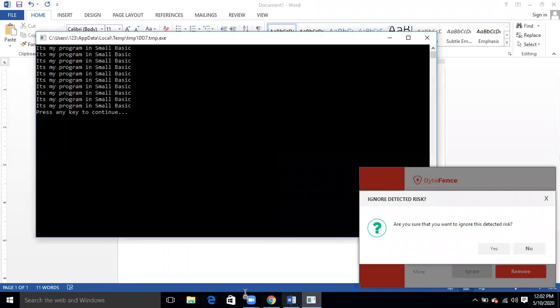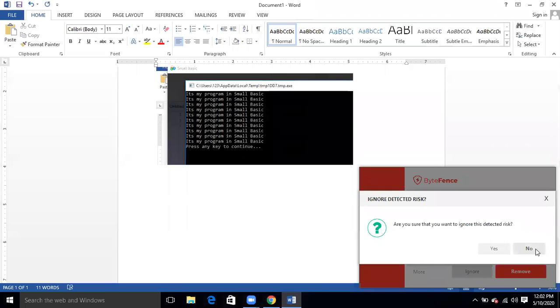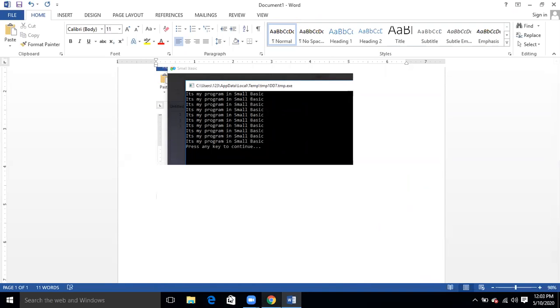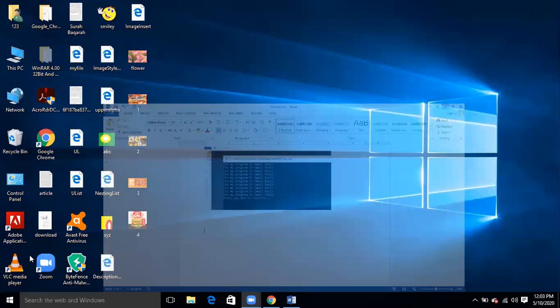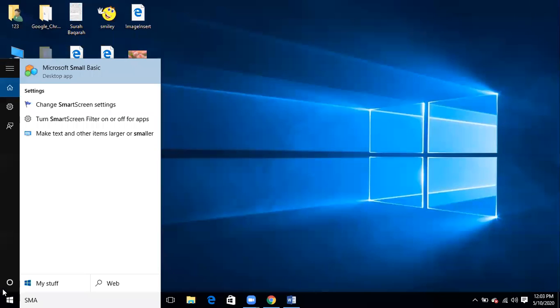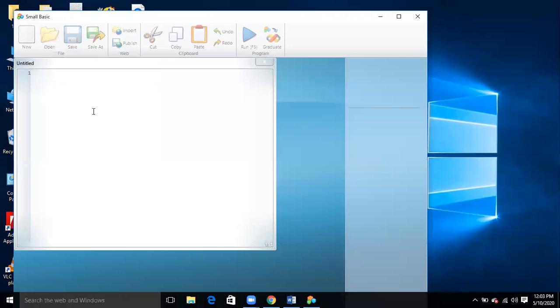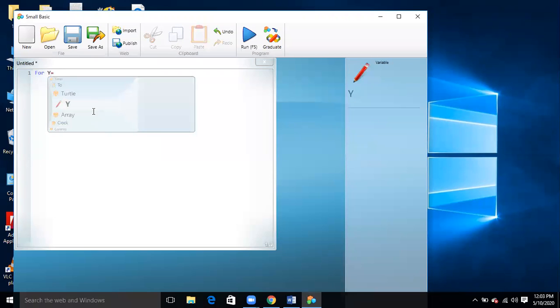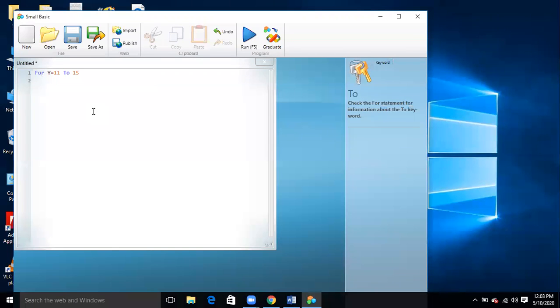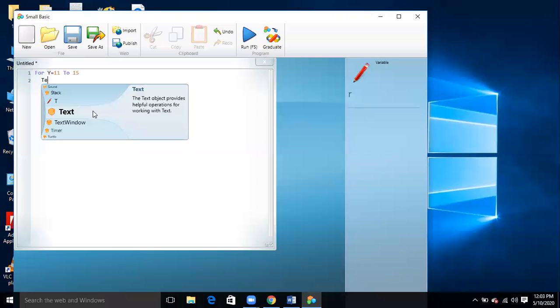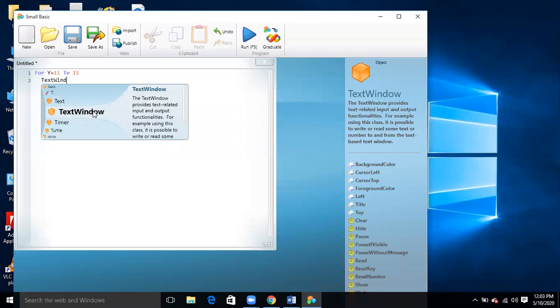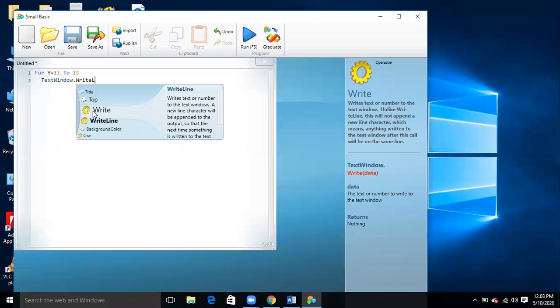In Small Basic, if I write 2 or 3 lines, for example, if I say for y equals 11 to 15, now the counter is running from 11 to 15, and I am writing text window dot write line, and I am writing over here